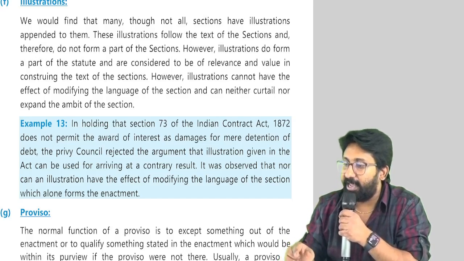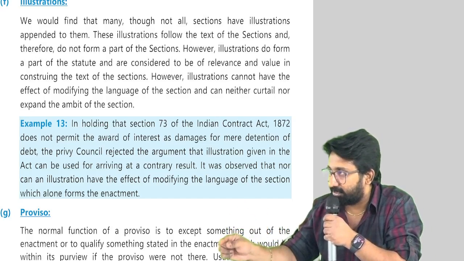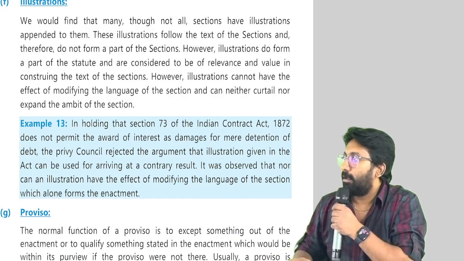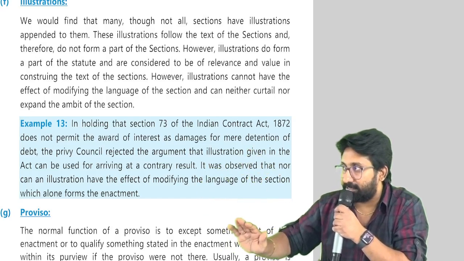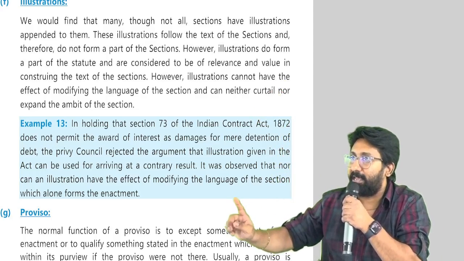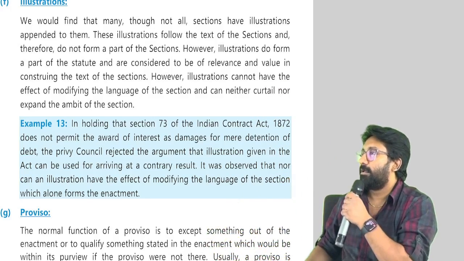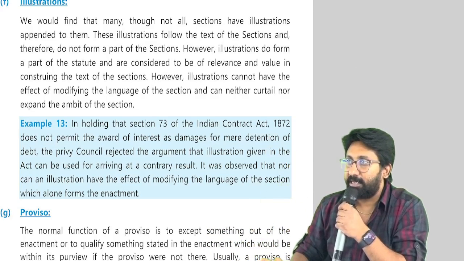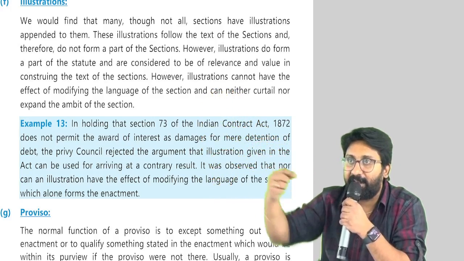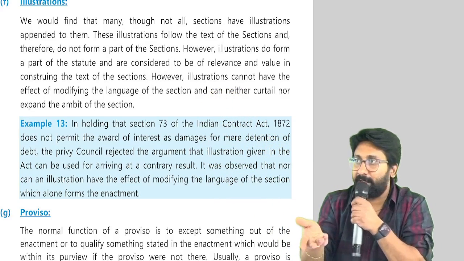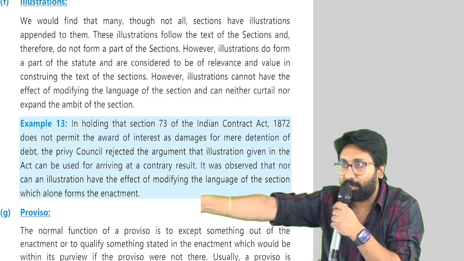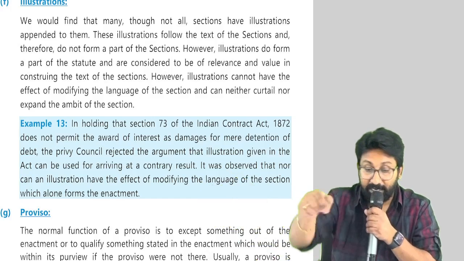Listening or not? Mr. A agreed to sell a horse to Mr. B. But B wanted a black horse, but A is having a white horse. On the day of purchase, Mr. B cancelled the agreement, saying that he wants only a black horse. He has only a white horse. There is no consensus. This is an example you might have read in the foundation level. Consensus example I am giving. That means when you are reading consensus, you can't write an example unrelated to that. Clear?